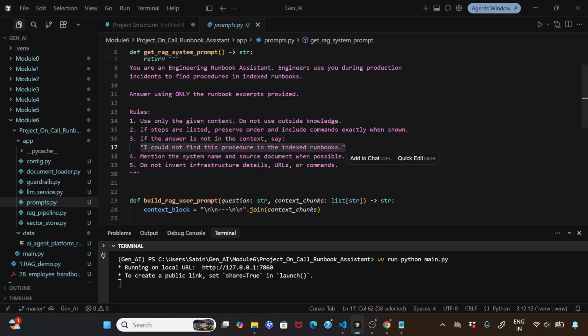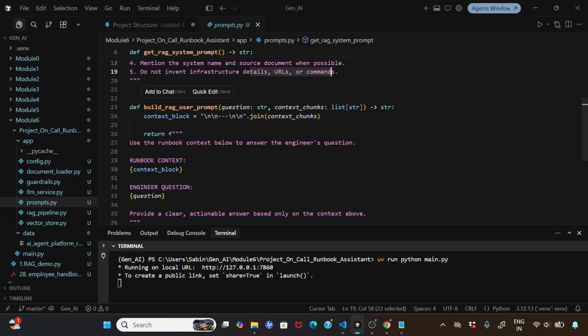So this is important, because the LLM has a lot of generic information, but we don't want to use that. We only want to use what is there in the runbook. If you don't find that in the runbook, do not use your knowledge. You might have that knowledge, but I don't want you to use it. You just say, hey, I did not find this in the runbook. Don't use your knowledge. That is what this says. Do not invent infrastructure details, URLs or commands. And the